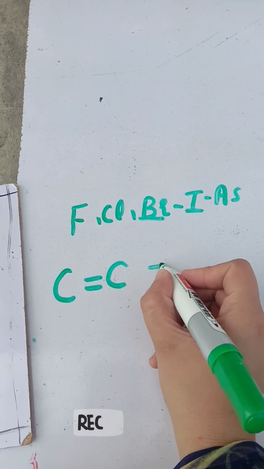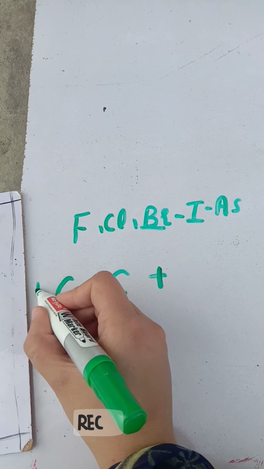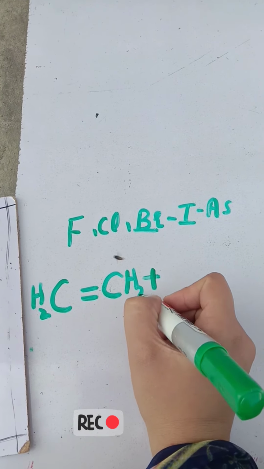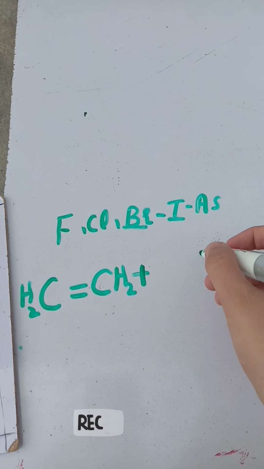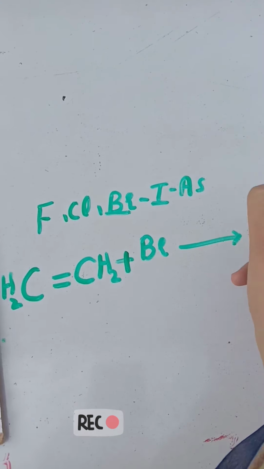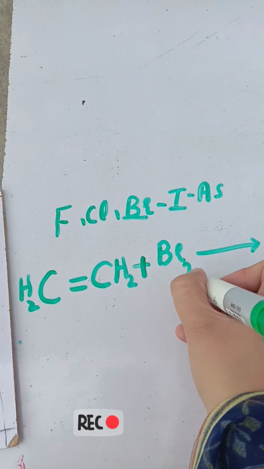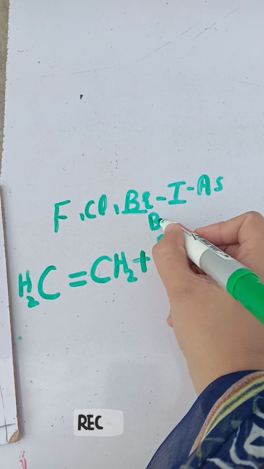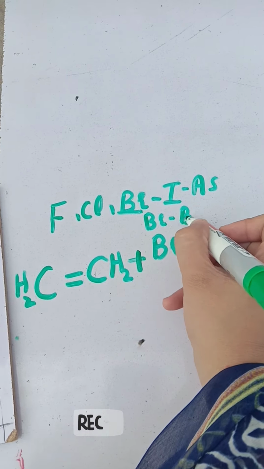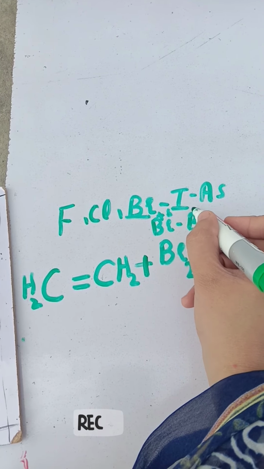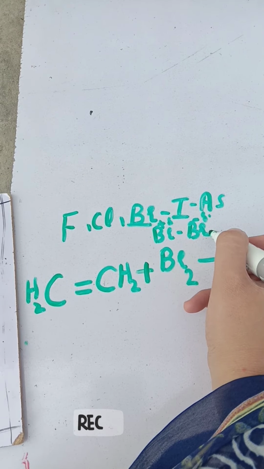And next I'll take hydrogen atoms. 2 hydrogen atoms are present with 1 carbon and the 2 hydrogen atoms are present with the next carbon. So I'll take the bromine molecule in this reaction. How is the bromine molecule added in this double bond? The bromine molecule will be split into 2 atoms, one bromine atom containing the partial positive sign and the next bromine atom containing the partial negative sign.